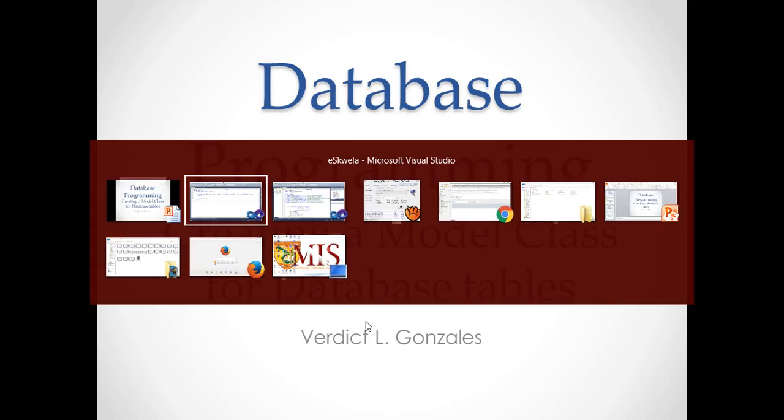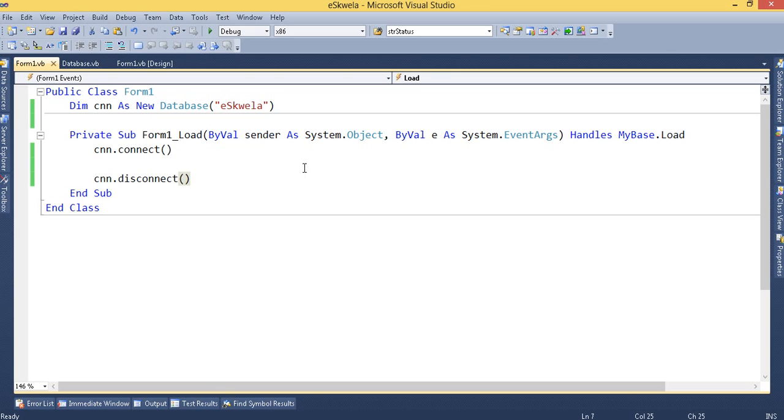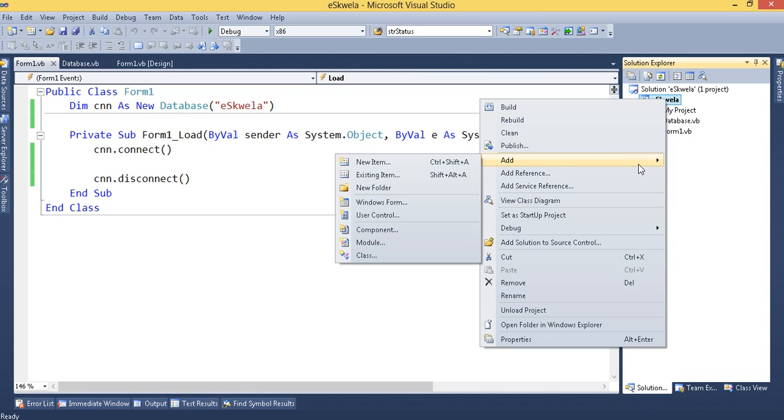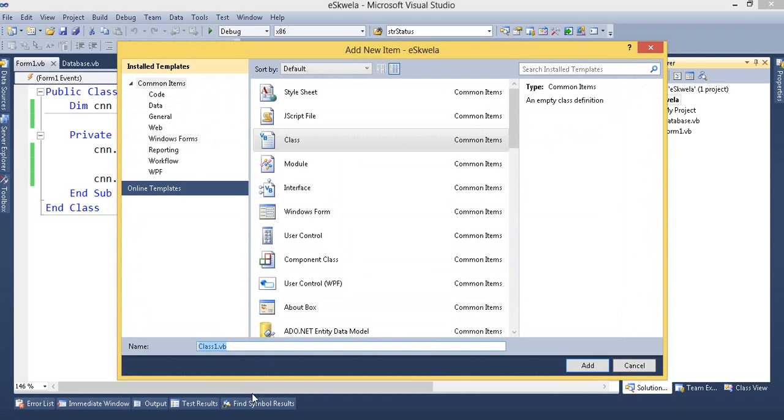Going back to our application Escuela, on the Solution Explorer, we're going to add another class, a model class. So we add a class, and we name it model. I created this as a principle of MVC. MVC is Model View Controller. So I adapted the model part of it. All the database or table properties will be stored in this model. So click add,